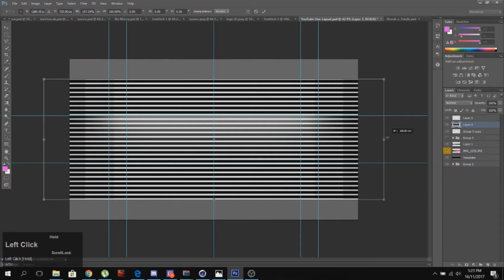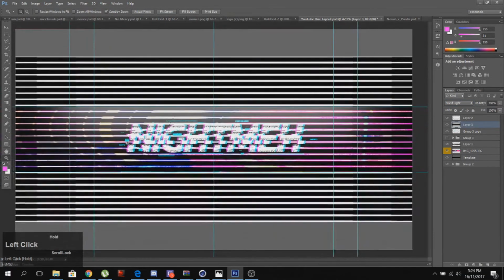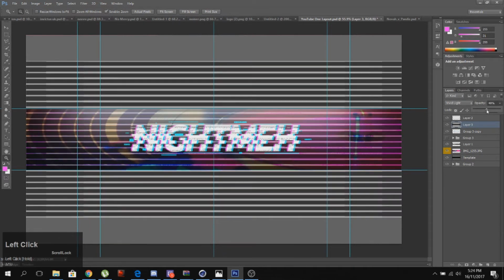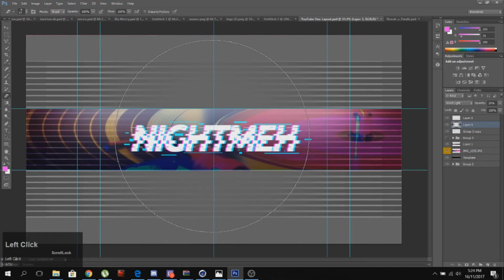And we're going to drag this out so it fits perfectly. Bring that over to Vivid Light. That's a little glitch effect near that. You don't really need this, but I prefer it because it makes it look nicer. Yeah, I don't think that looks quite nice. Let's erase it from the center. That looks alright. Actually, what I think we could do instead is